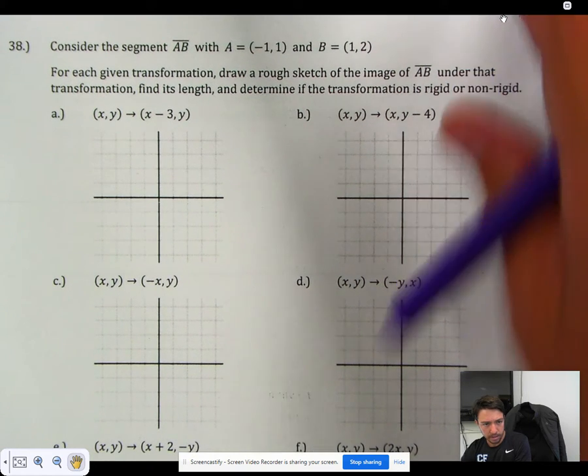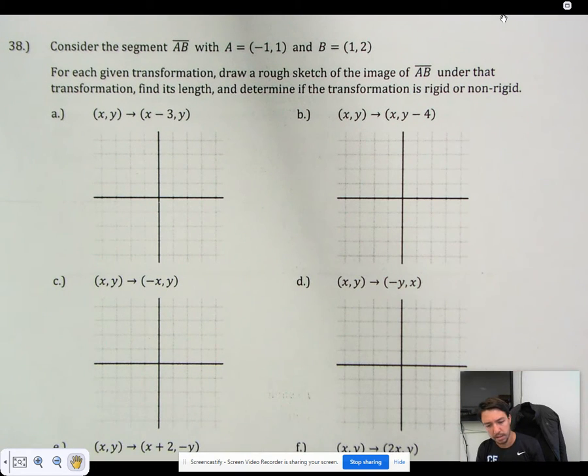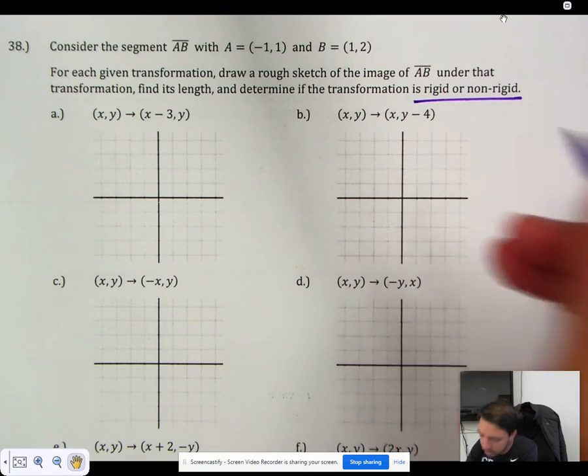Next, we're going to start looking at what happens on these transformations. What happens to, like, say, a segment? Say you have a segment on a coordinate plane, and you do a transformation. What happens to, like, its length, maybe its orientation, and then we're going to use these words here, rigid